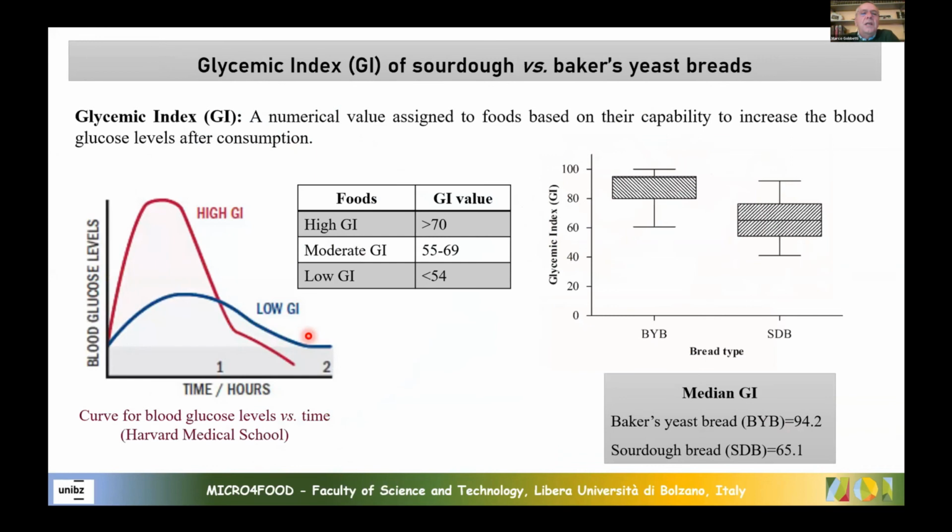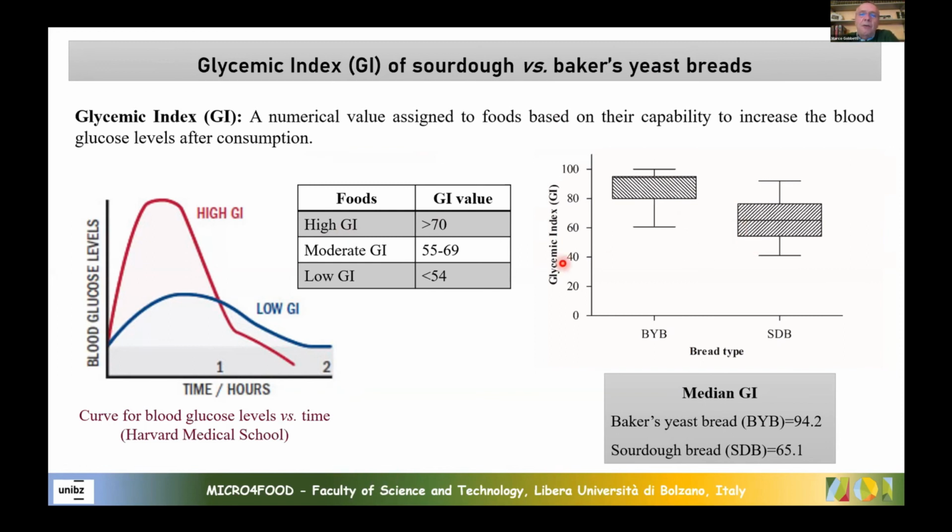You know, in most cases, baked goods made especially with baker's yeast, and as we heard before, with refined flour, have a rather high glycemic index. This is a scale that has been made by the medical school in New England. What I want to show you is that through the sourdough fermentation, you can move the glycemic index of baked goods made by